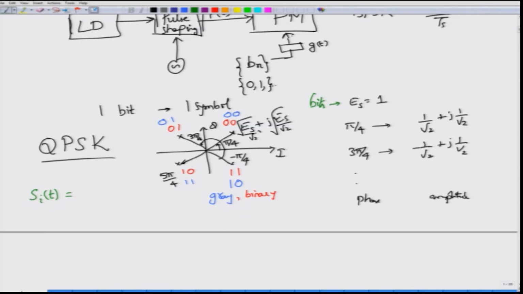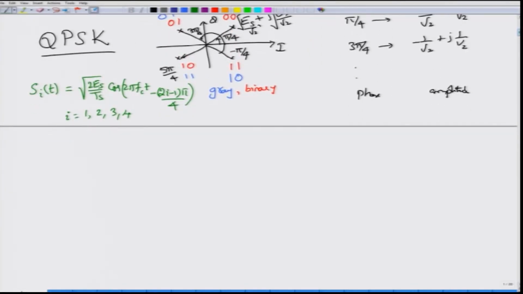So, this ith waveform that you are taking is given by square root of 2 Es by Ts. Remember why I am multiplying this one by square root of 2 Es by Ts. Then you have cos of 2 pi Fct, which is the carrier frequency, minus (2I minus 1) into pi by 4, where I goes from 1, 2, 3 and 4. This is not the only way to represent, but this seems to be the simplest way for me to represent